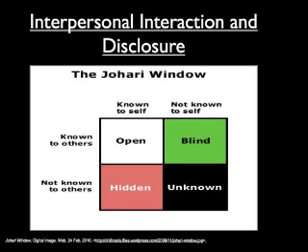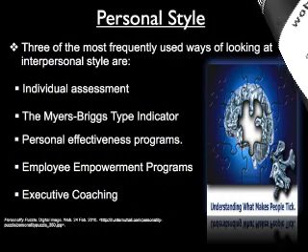The third area is the closed area, which represents information known to the individual but hidden from others. People do this when there is low trust and feel that this information could tamper their image. The fourth area is the unknown area, where information is unknown to both the individual and others. This includes unconscious motivations, repressed feelings, and memories from long ago. All this information is very useful in determining how people interact with others and their outlook on the world.